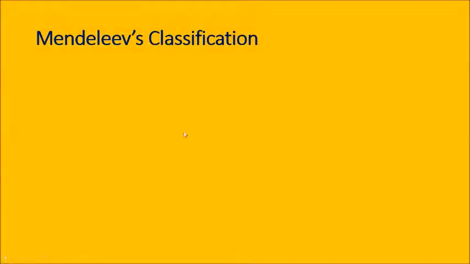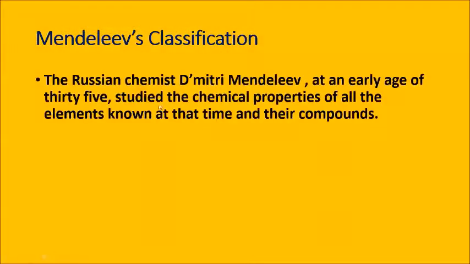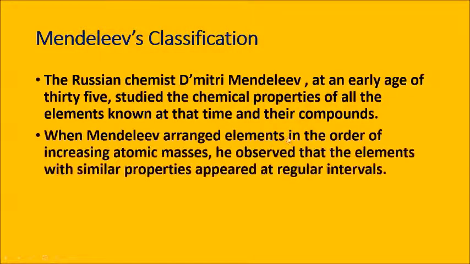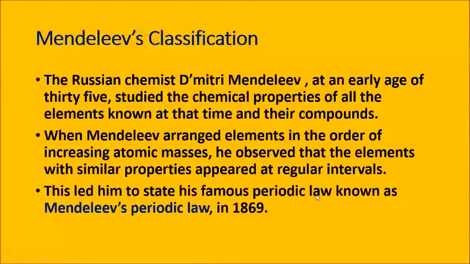The next classification is Mendeleev's classification. The Russian chemist Dmitry Mendeleev, at an early age of 35, studied the chemical properties of all the elements known at that time and their compounds. When Mendeleev arranged the elements in the order of increasing atomic masses, he observed that elements with similar properties appeared at regular intervals. This led him to state his famous periodic law, which is named Mendeleev's periodic law,